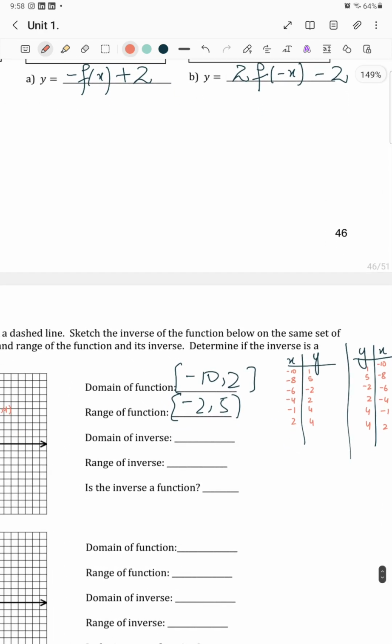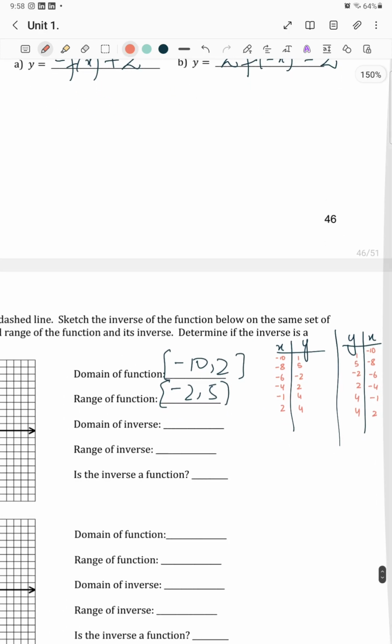So domain of the inverse function is the x values on the inverse function, that is from -10 to